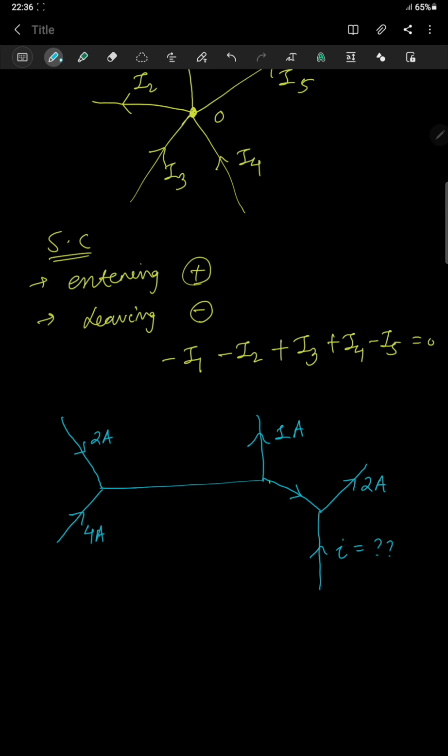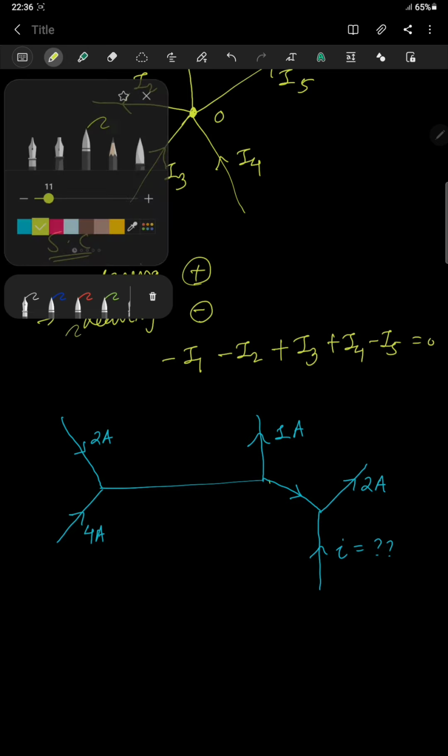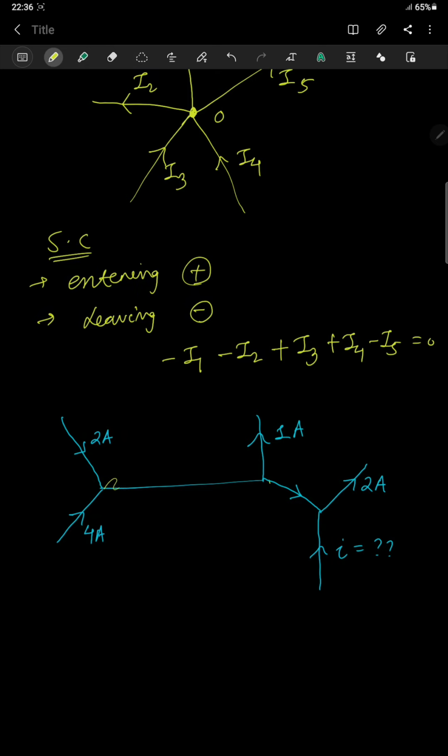How to solve it? Here only KCL you are going to apply. Simple. In this junction, 2 ampere and 4 ampere meet, so what is here? 6 ampere. Out of 6 ampere, 1 ampere flows in this direction. How much will come here? 5 ampere. Out of 5 ampere leaves 2 ampere. What should enter? It should enter minus 3 ampere. So the I value will be minus 3. It is quite easy to go for KCL.